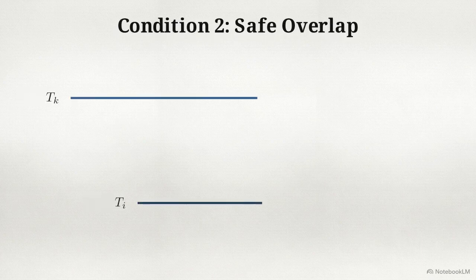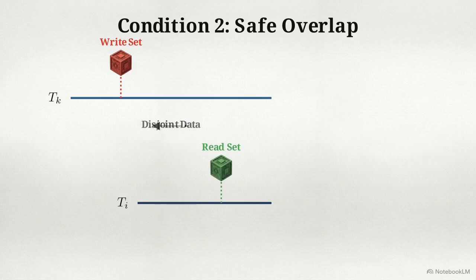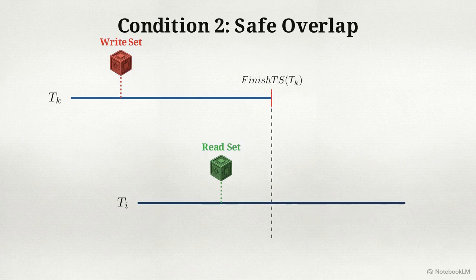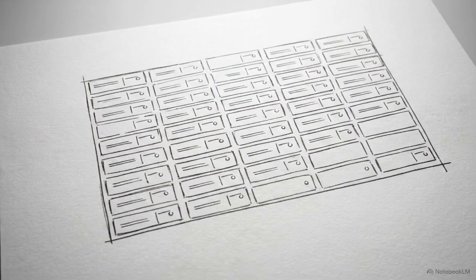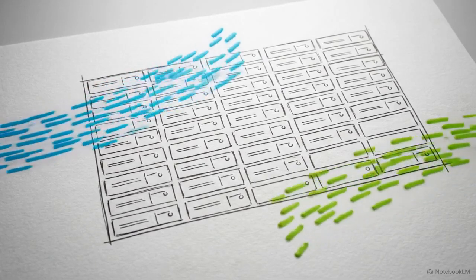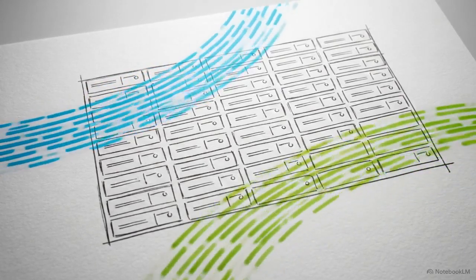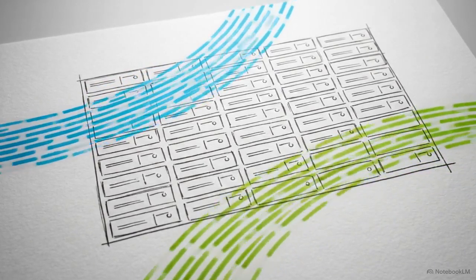If the transactions do overlap in time, they must meet the more complex condition 2, safe overlap. First, the set of data items written by the older transaction, TK, must have 0 intersection with the data read by our current transaction, TI. Second, TK must complete its write phase before TI begins its own validation phase. This proves that TK's updates couldn't have corrupted what TI was reading, and that TI won't accidentally overwrite the results